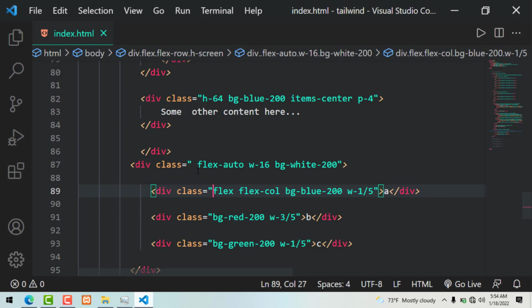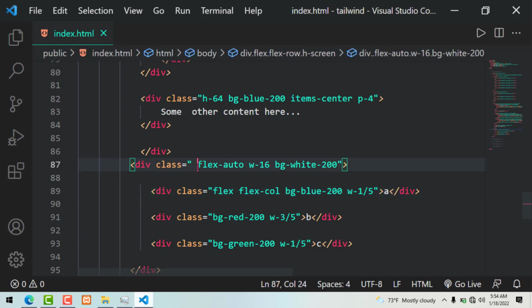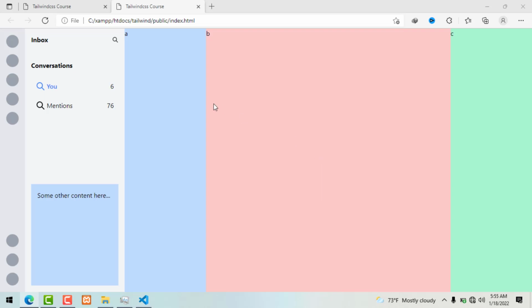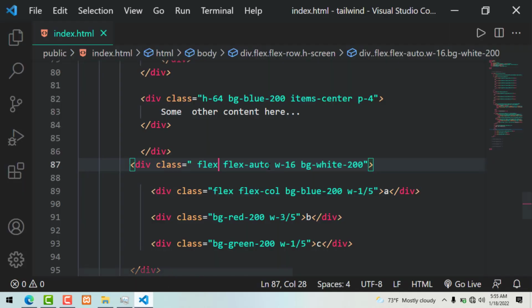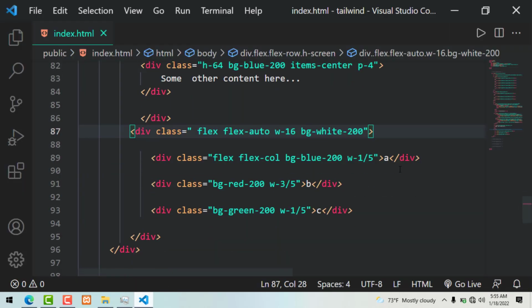Going back to the parent column, we should also add flex here as well, so that every child of this div has the flex. I don't know where I'm getting the T; it should be flex. So if we refresh and see what we have, yeah, this is what we have. We have the A, the B, and the C over here. Having achieved that, now we can focus on